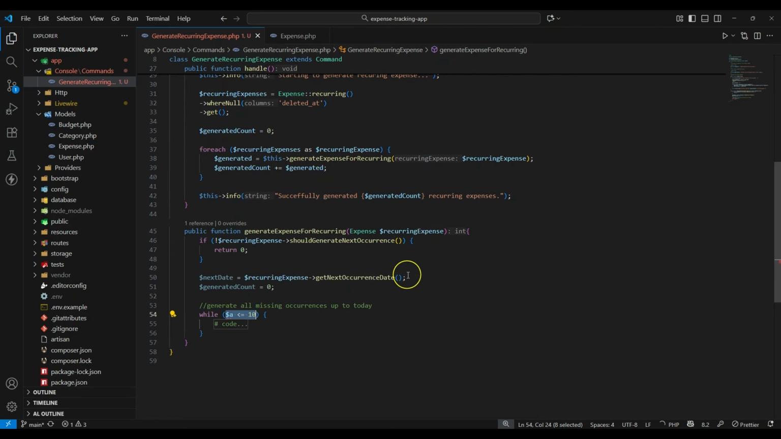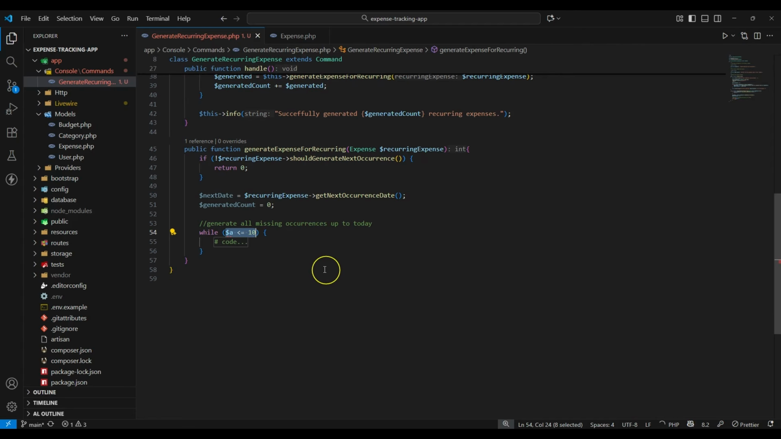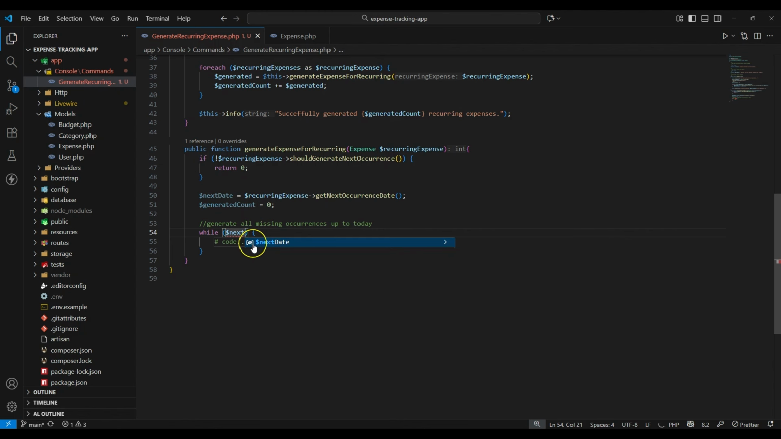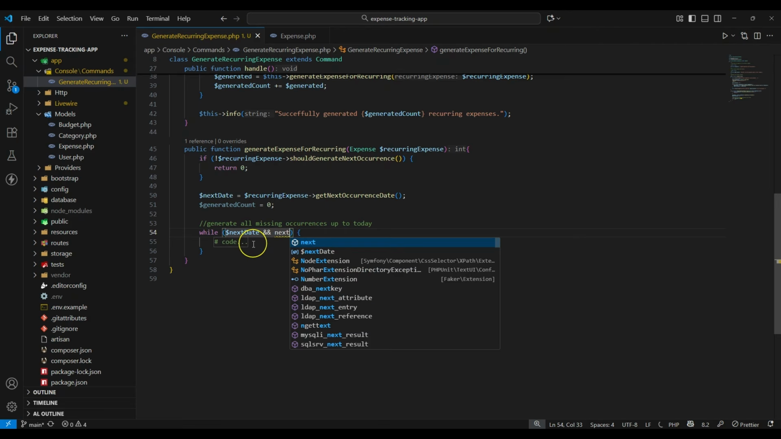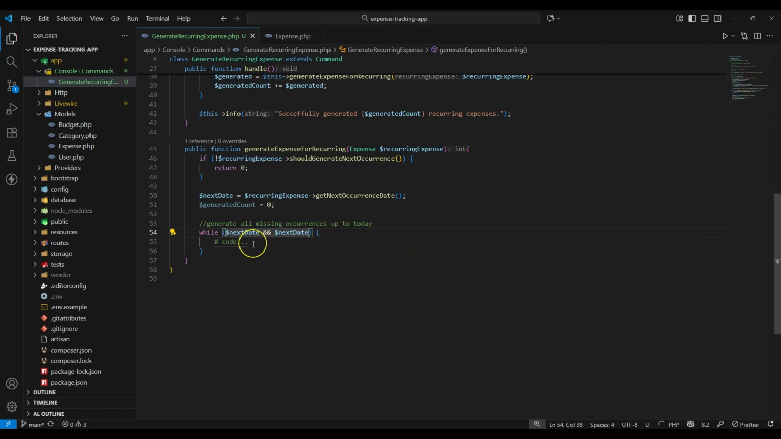So let me use this while, okay. So this is actually a while loop, okay. So from the while loop here, what we are going to do is we are going to say the next date, okay, because you have to pass the actual condition here, and then